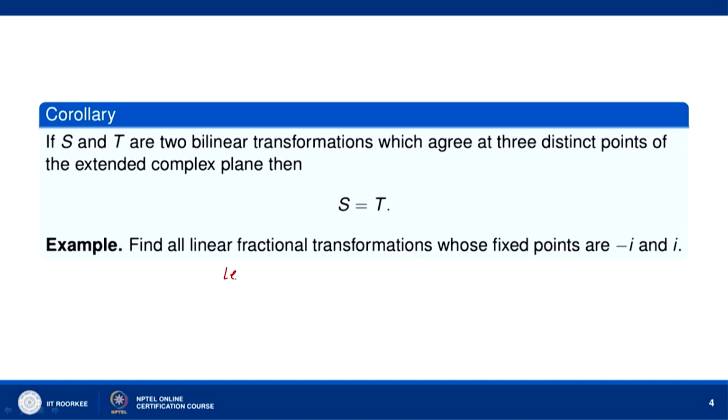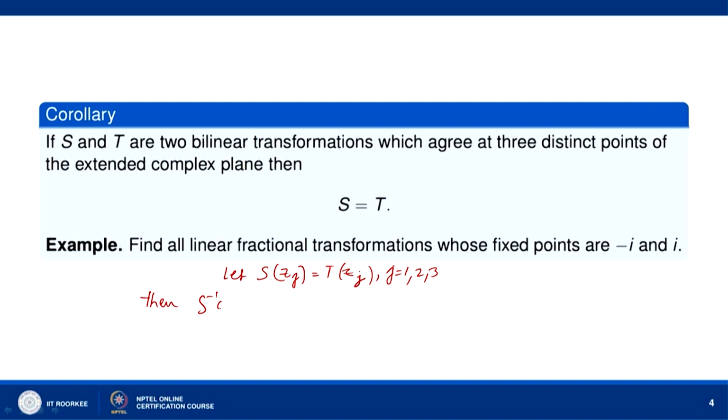Suppose S(zj) = T(zj) for j = 1, 2, 3. Let us take 3 distinct points z1, z2, z3 in the extended complex z plane, and suppose that S and T agree on these 3 points z1, z2, z3. Then